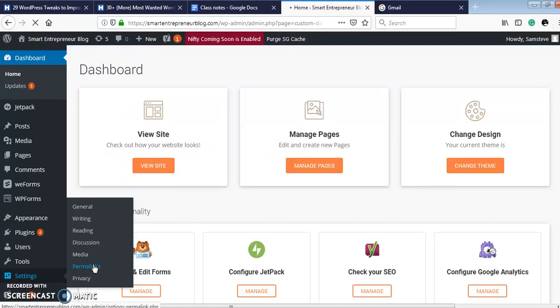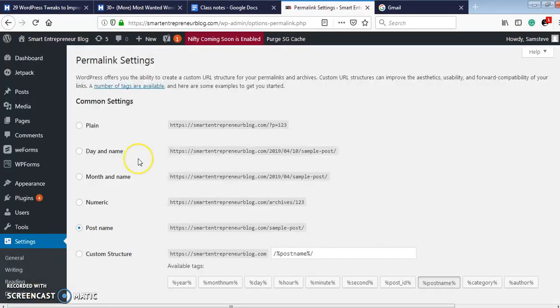Okay, we're right at the Permalink settings where you can create a custom URL structure for your blog. You have different settings to choose from, but it's advisable to go for a clean, short URL for your post. Okay, so if you look at the different